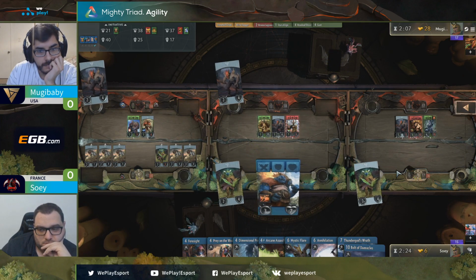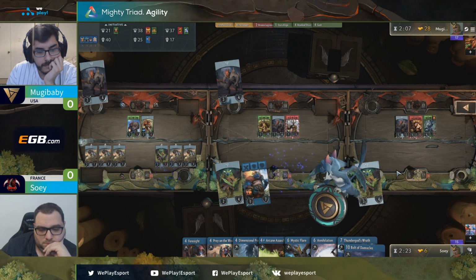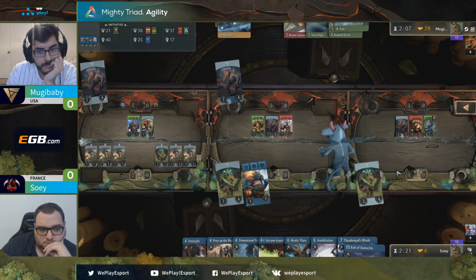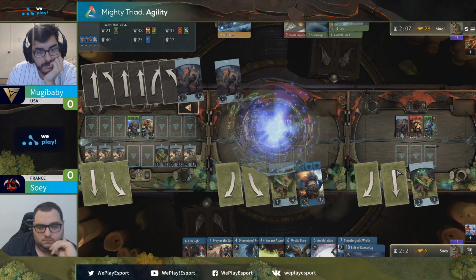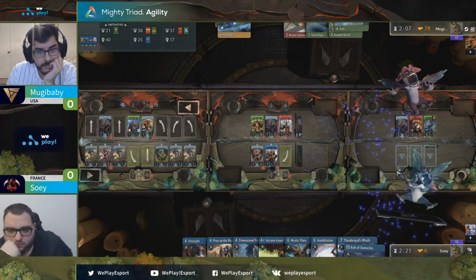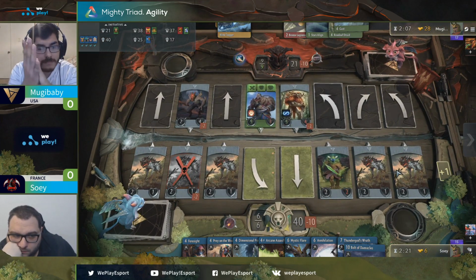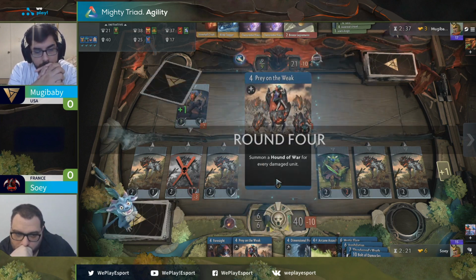Now, a very important turn here. 6 mana for both players. Well, 9 for Mugi in the first lane because of the ramp. But initiative in favor of Mugibaby. If he has the Gust, which he does have in hand, he can be very patient, not do anything in lane 1, and then Gust lane 2, and that stops the possible Annihilation. And he already has full control of lanes 2 and 3, so...